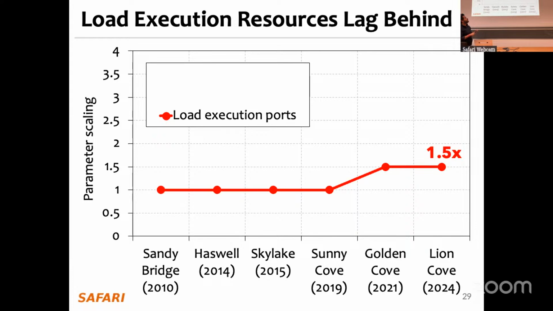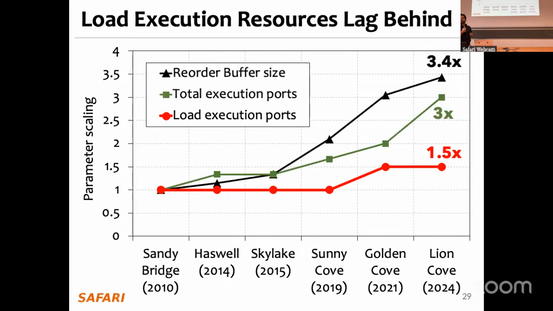So this is one chart that shows almost 15 years of development of Intel processors. I'm not sure why I'm nitpicking on Intel, but the trend is almost similar elsewhere. The load execution port, as you can see, has grown, let's say 50%. But if you look into the other resources that have grown in the processor, like for example reorder buffer size and total number of execution ports, like how many ALU instructions you can execute, how many logical instructions you can execute,